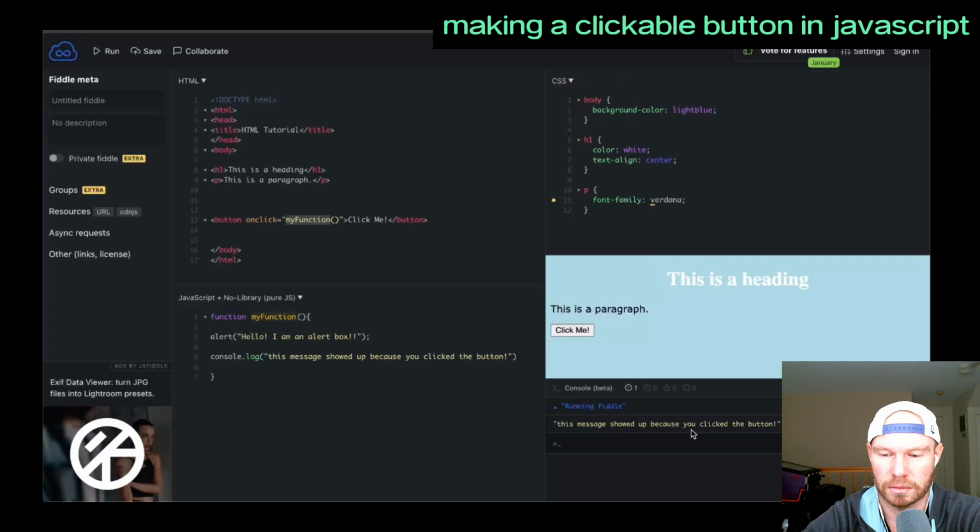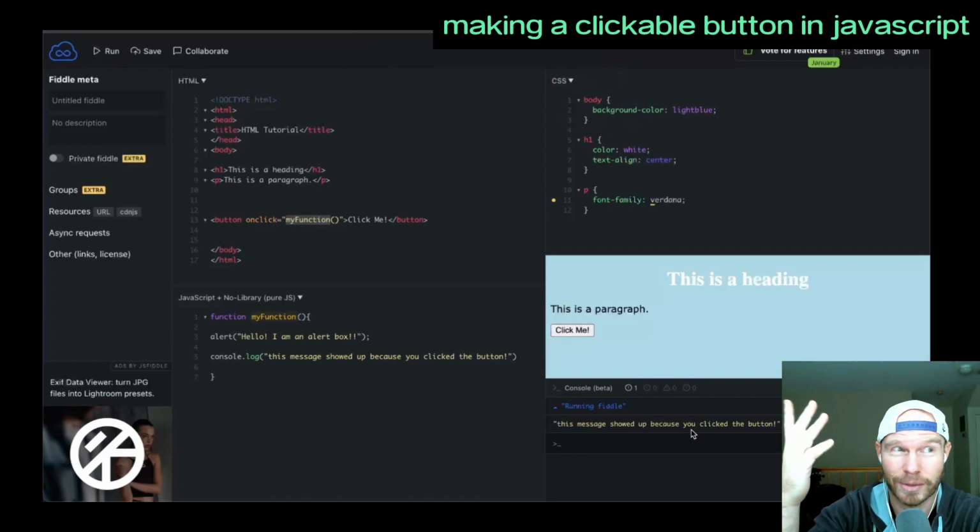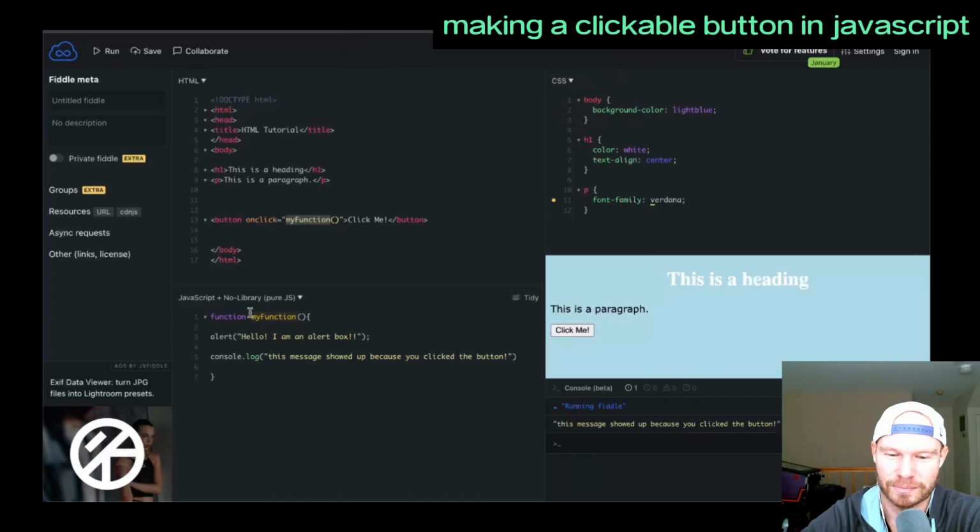So why did it run that way? Oh, that's a great question. And we can get into that later. But for right now, I just wanted you to see that you can create a function. You can create a button and what that looks like, which is really cool. You can also do other things like console.log